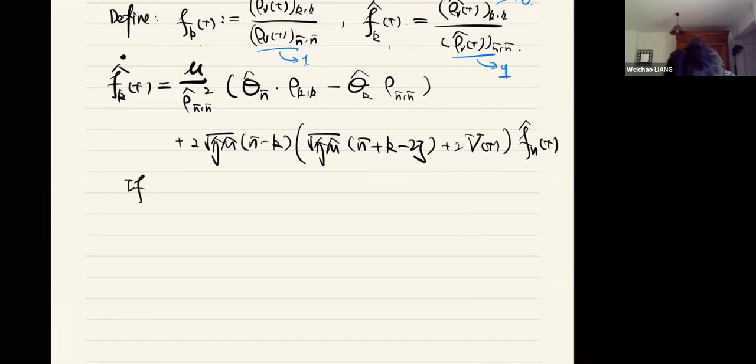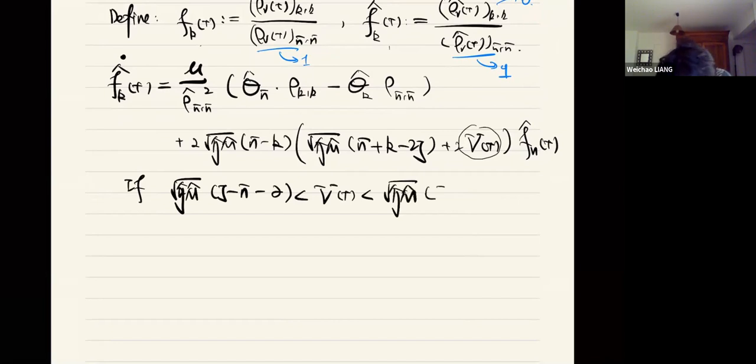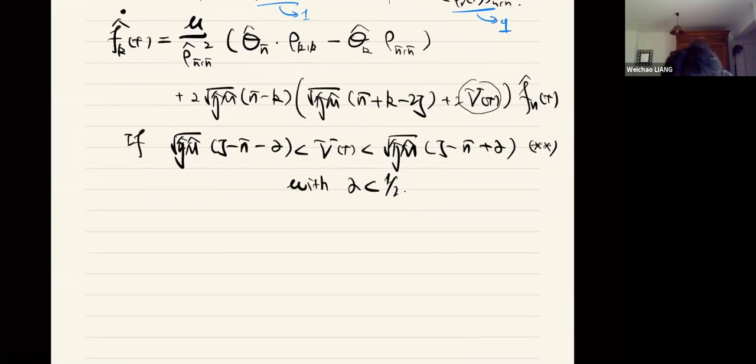And moreover, if this control input satisfies this inequality, eta n, denoted by the 2 star, for some constant alpha smaller than 1/2, then we can show that this part is smaller than a negative constant, denoted by C n-bar hat, which equals